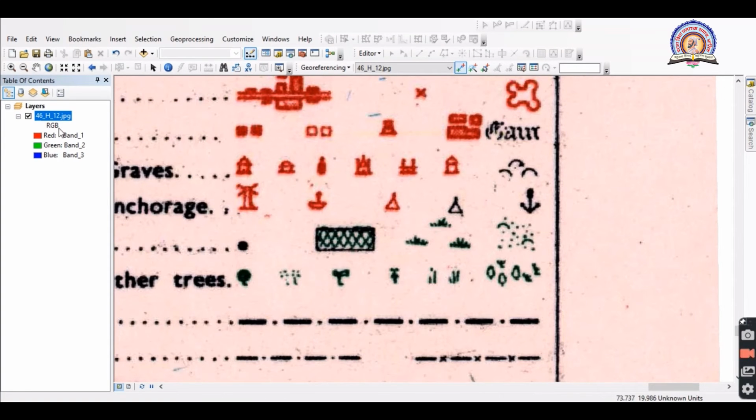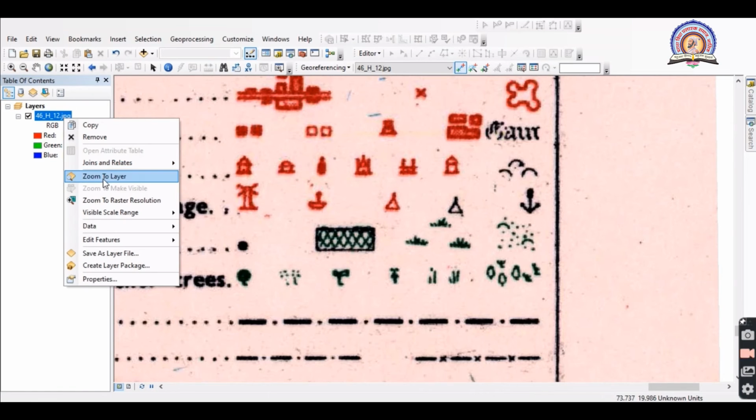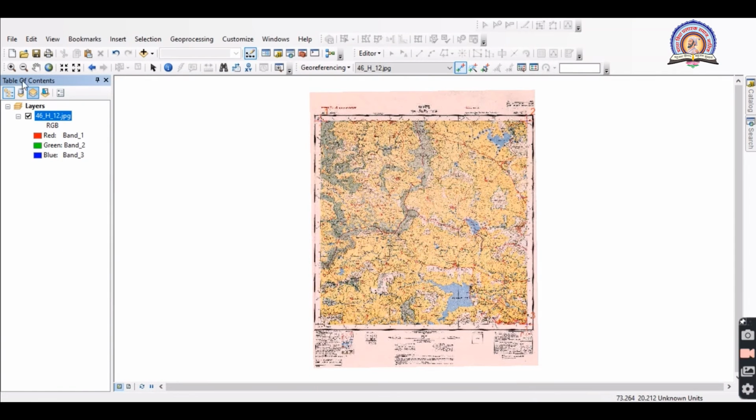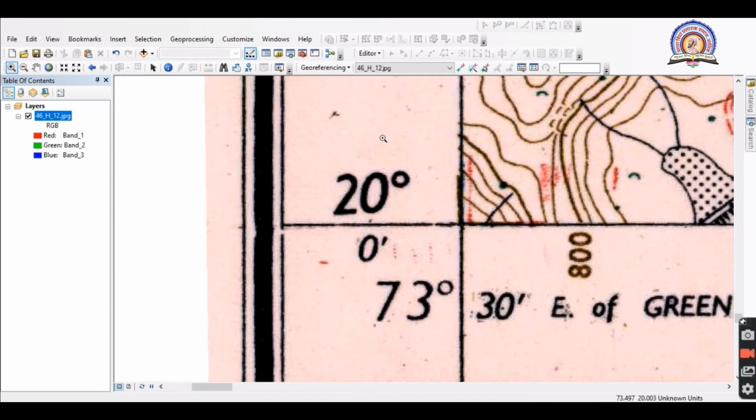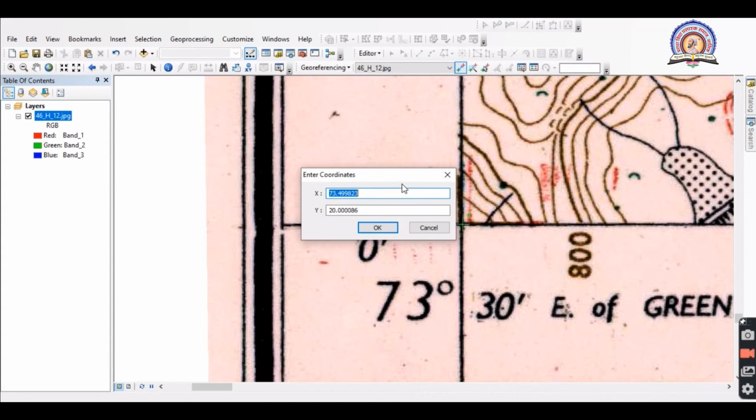Now the map has not disappeared, so it is a good sign that our georeferencing is going in a proper way. So again we have to give the last point. Okay. Left click, right click, input.